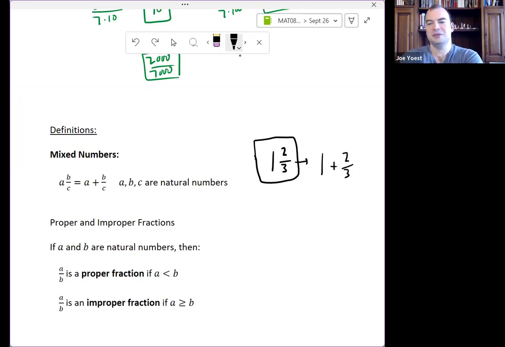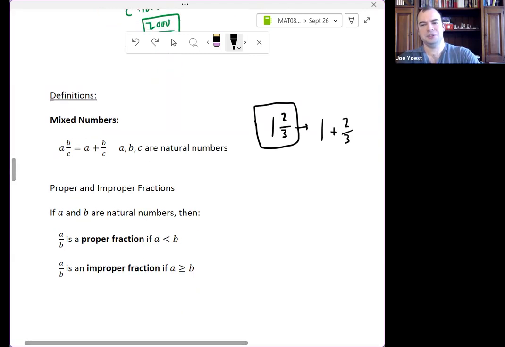So it's really interesting. You think that there would be a governing body who would decide what notation is valid and what's not valid, but there really isn't. So it's a really interesting linguistic phenomenon, mathematical notation. But anyway, so this is what mixed numbers look like. And I think the easiest way to think of these is like cups of flour in a recipe or something. That's something that most folks are familiar with.